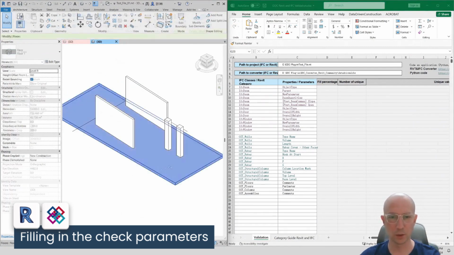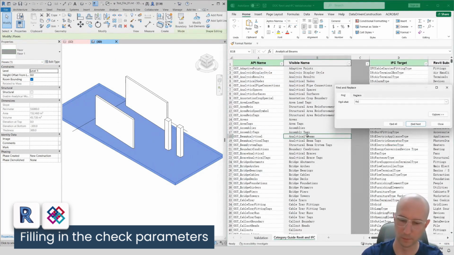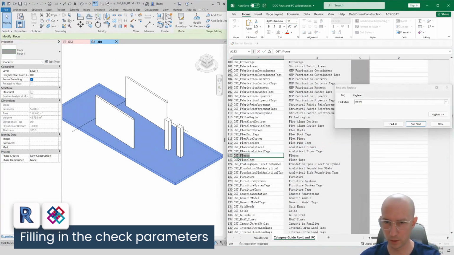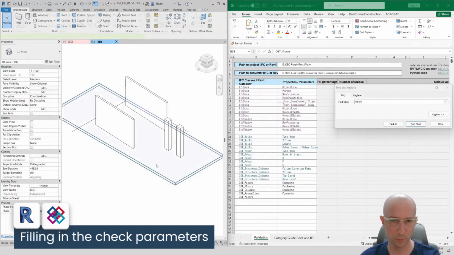Now look, I select our object. See what it's called? It's called Floors. I go here. And also our floors. And I see how to name our object inside our script. I copy the name and paste it down here. And let's decide which parameter we will check. Let's check the comment parameter.